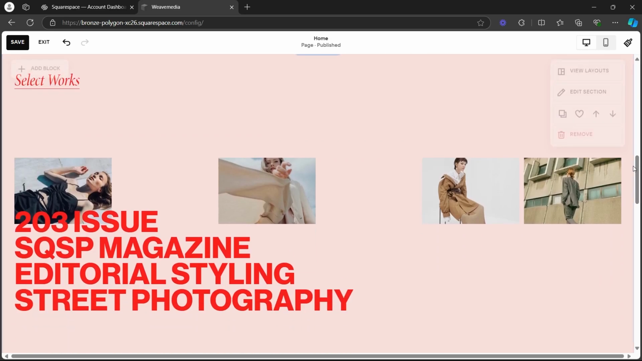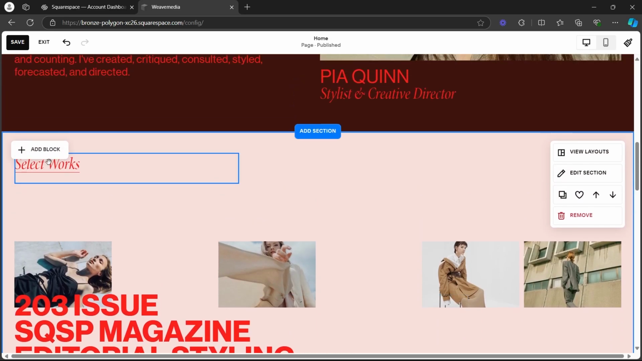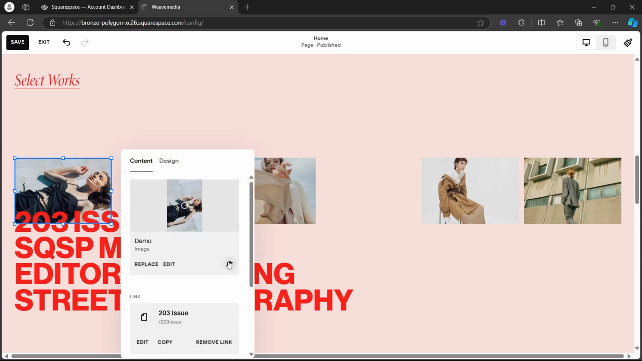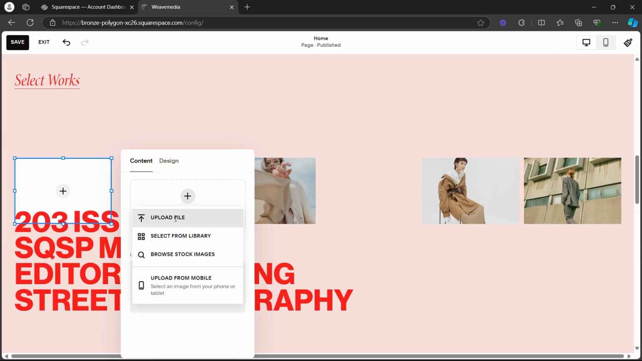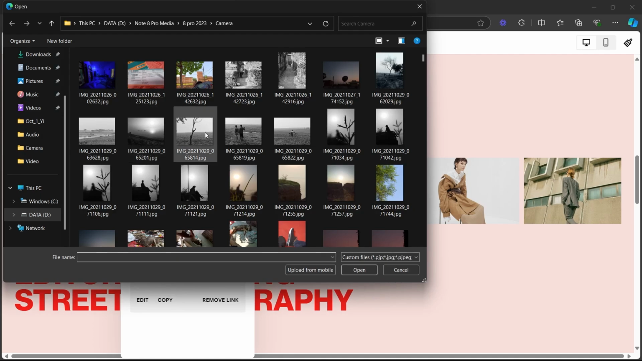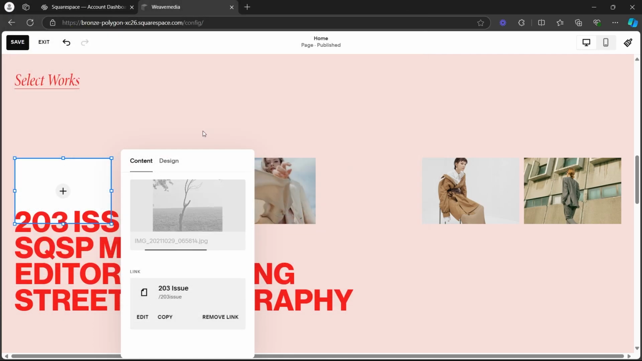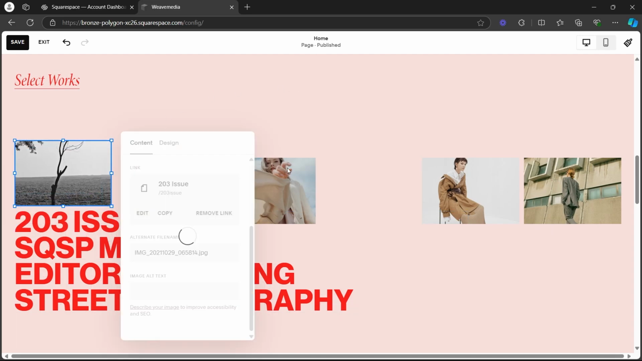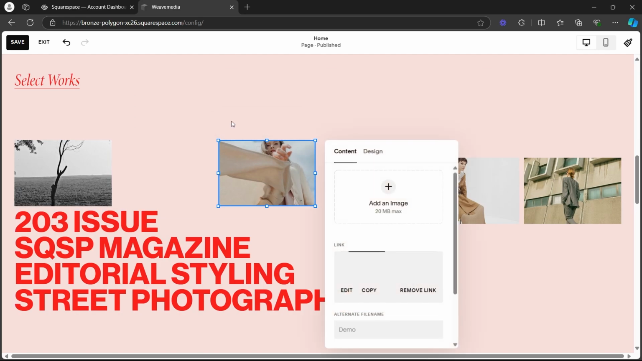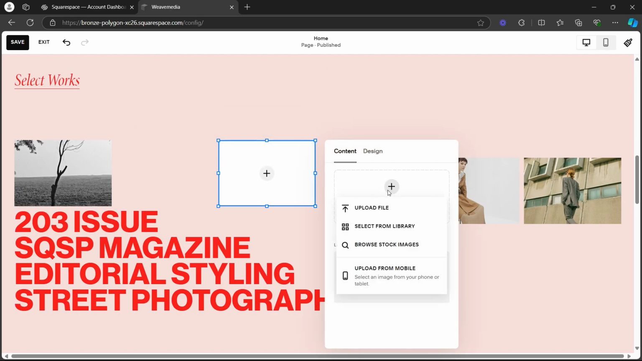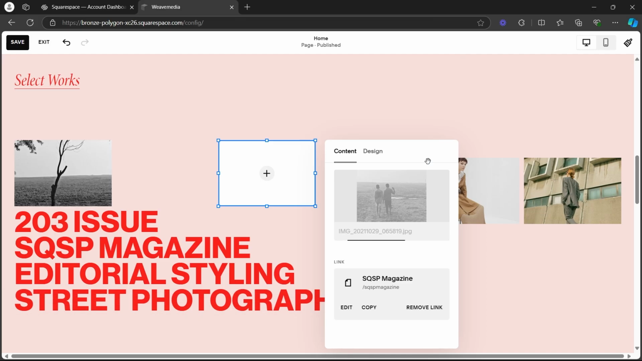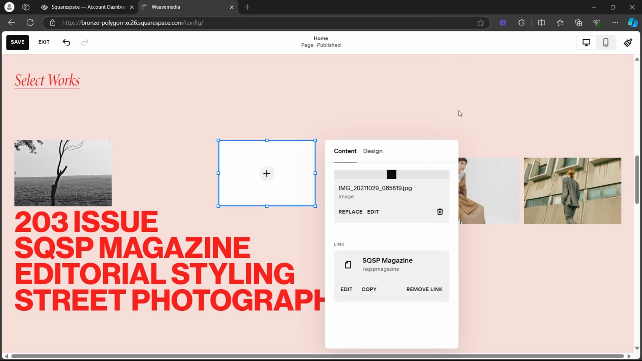Now you can put your portfolios here in the select work section. So simply select any one of these images, click on the edit button and delete this image, click on add an image, select upload file. Now choose any image that you want to use as a portfolio and that image will be uploaded, where you can use them as your portfolio's work. You can drag them. Now choose another image, click on edit button, click on delete. Now click on add image, choose upload file, choose another image and that image will be uploaded as your portfolio